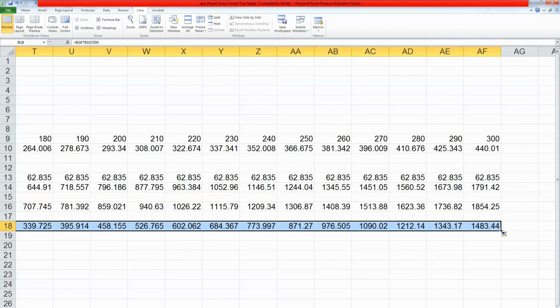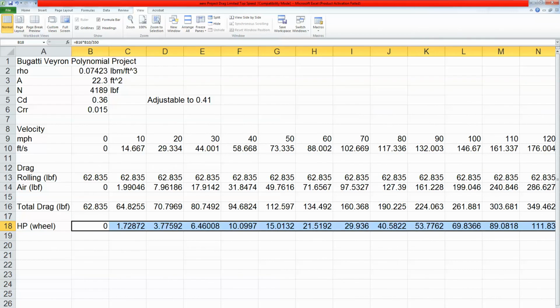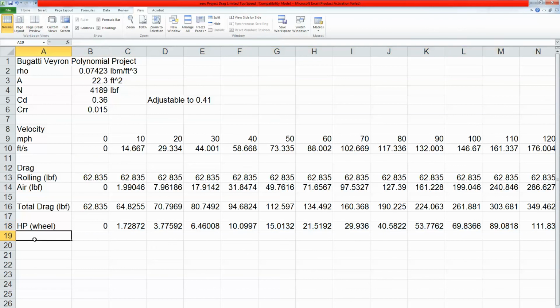Now, brake horsepower is horsepower actually measured at the engine. What we just calculated here was horsepower at the wheel. In a car, you're going to lose some horsepower from the engine to the rear wheels because of internal friction of the drivetrain and things like that. So what we're going to do now is say how much horsepower do we need,